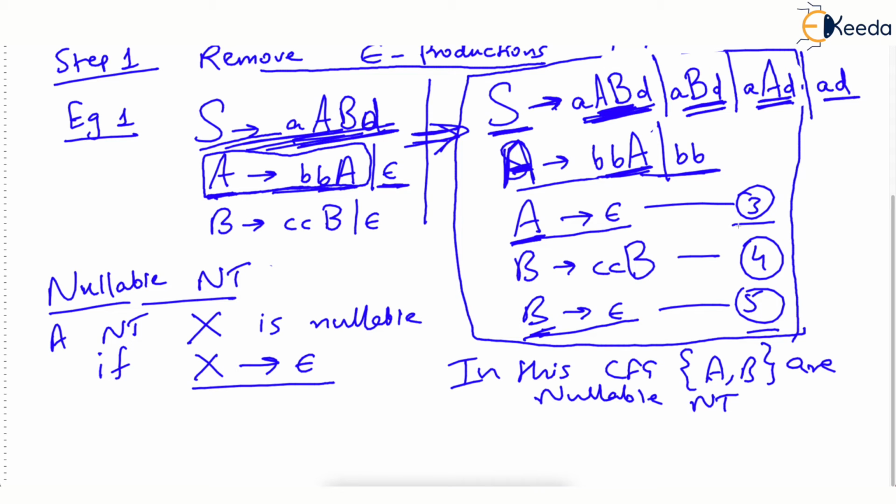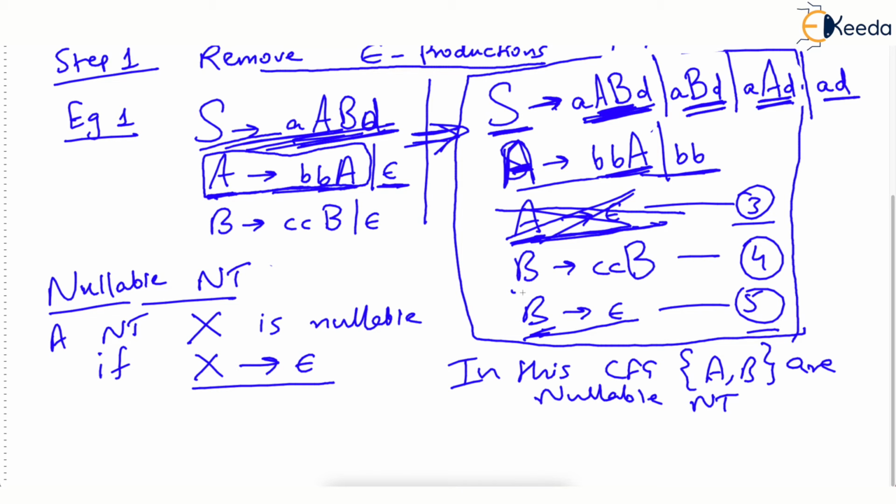Now have a look at the third production, A derives epsilon. You can simply kill this now. Yes, you can now remove it because whatever adjustments we did in the first two productions give us liberty of removing it. You will know what I'm talking about, don't worry. But now you can remove this epsilon production, and that was our aim. We don't want the epsilon productions.